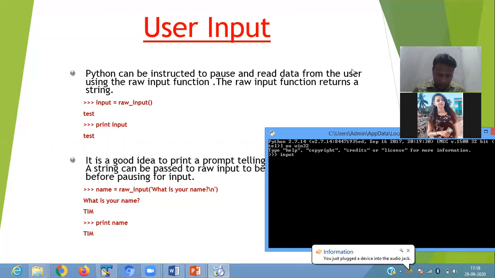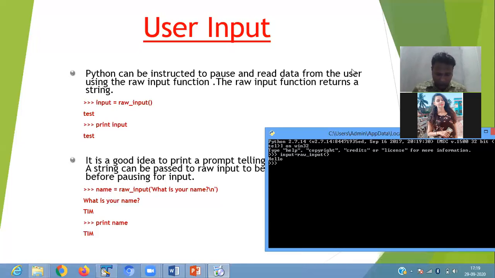Input equals to raw_input. Here you pass any value. Suppose if you pass here hello.